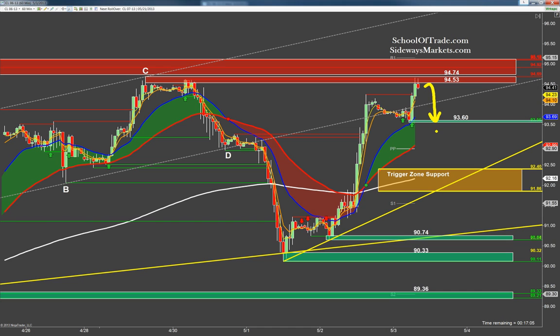It's a buy zone. So for all you scalpers out there, if you want to look for a short-term target, 93.60 will be it. But in all reality, guys, I think if we head lower, I don't think this thing's going to stop. I would use that 92.40. I would use that 90.74. We reference 90.33 on the 4-hour chart. So again, if we get this candlestick to close here, if we get that close below 94.53,